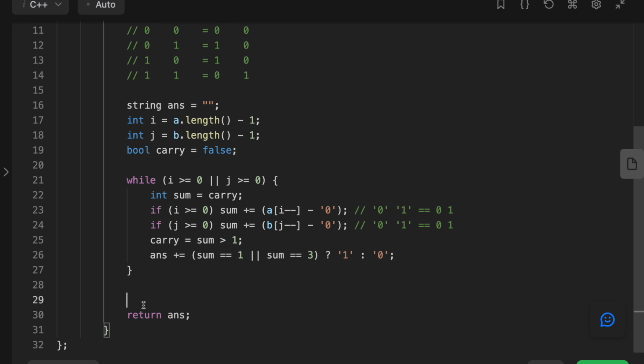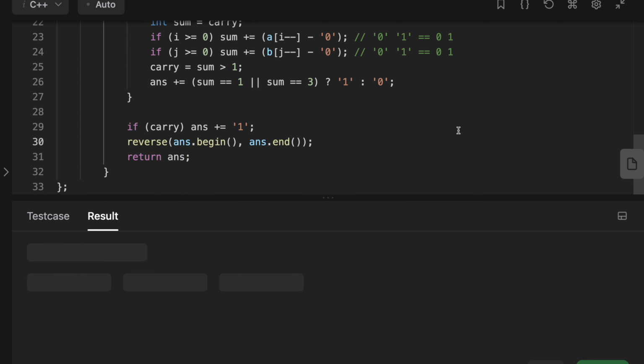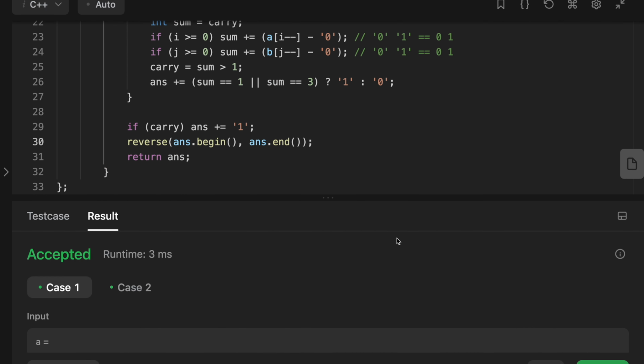And after that, I will check if I have a carry. If I have a carry, then I'll just add it to the answer, and I'll reverse my answer and I'll just return it. Hopefully this code should work. Let's see if it works or not. And yes, it's working very fine. Let's submit it,